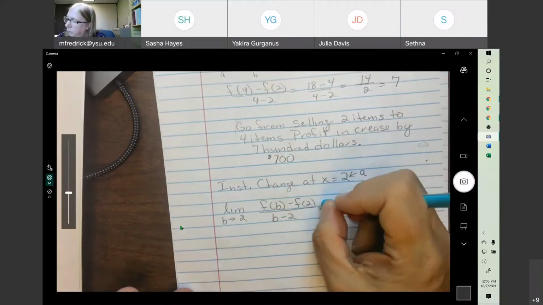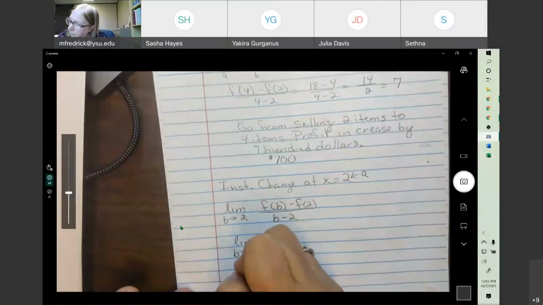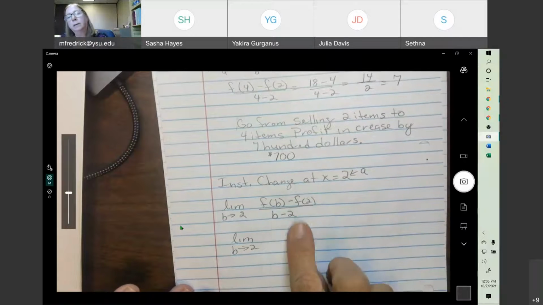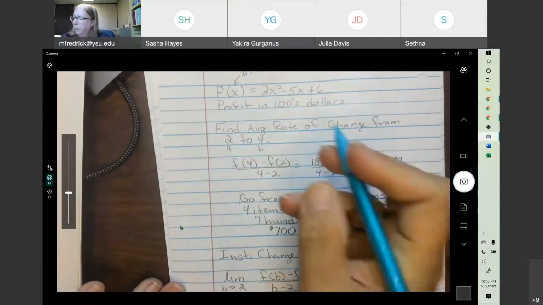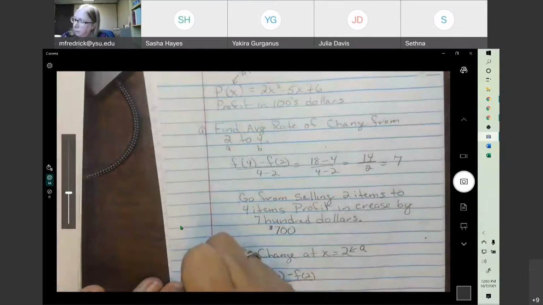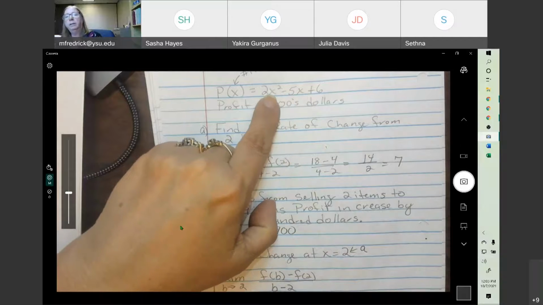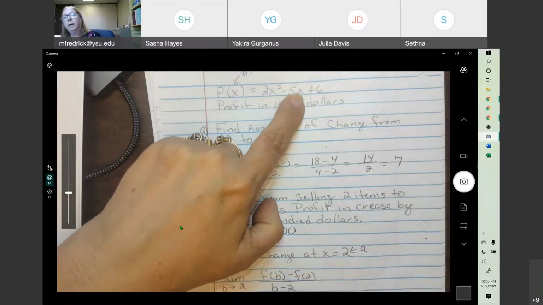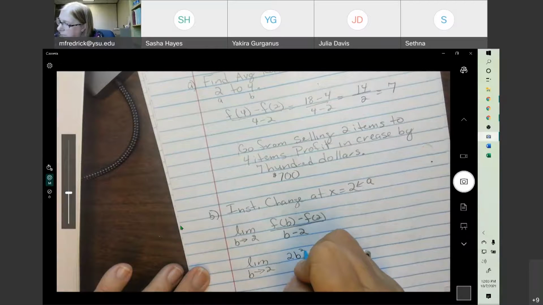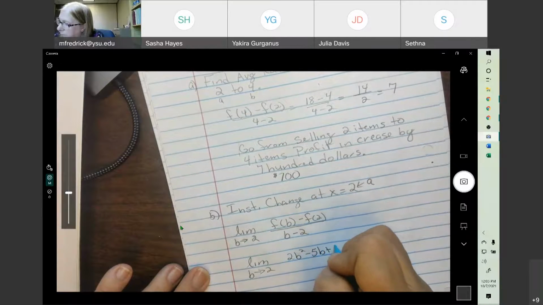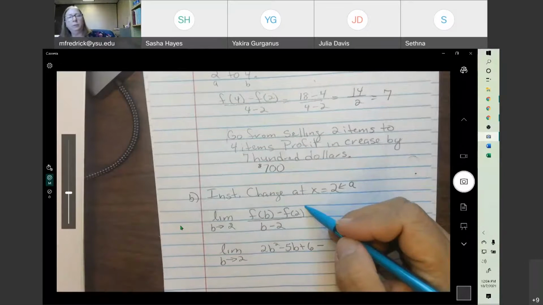Just go downward. f of b, we're using the same equation, so we're just plugging b in here: 2b squared minus 5b plus 6, minus f of 2. Well, from our table,